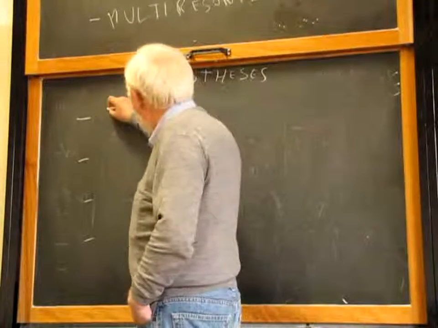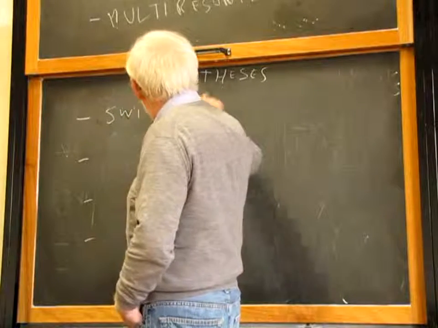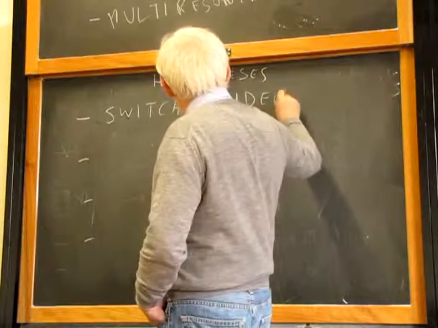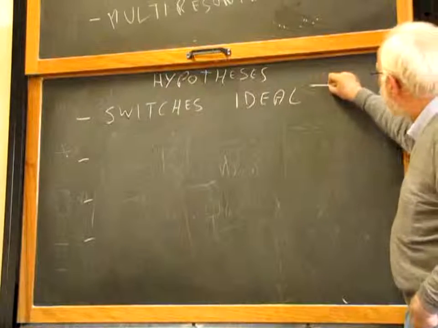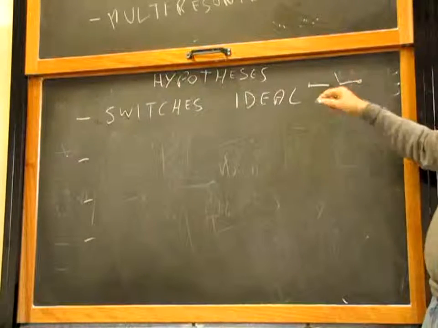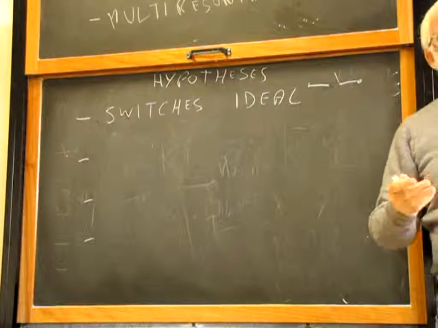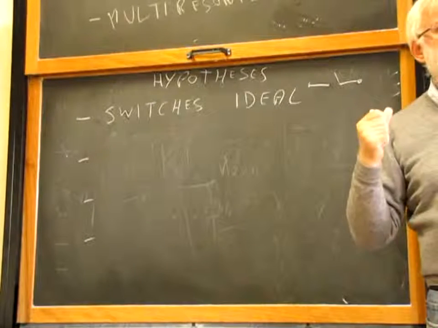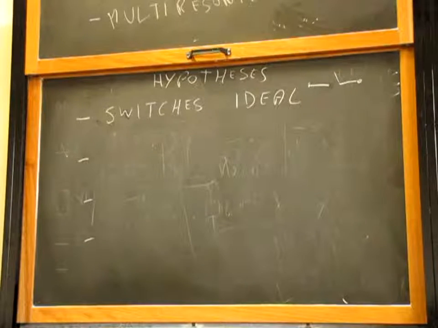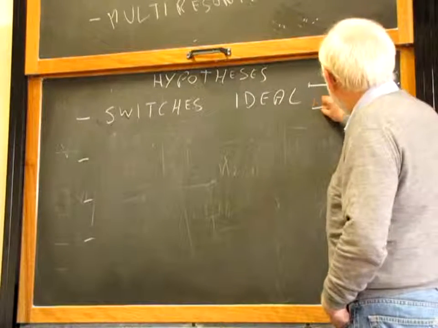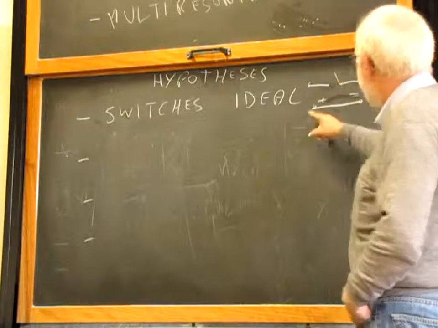We will consider our switches are ideal. An ideal switch is something that is either open, and when it is open, there is zero current flowing through it, and real switches are quite close to an ideal switch. I mean, an open switch has a very small leakage current. It can be neglected almost always. And when it's closed, there is no voltage across it. V equals 0 across a closed switch.